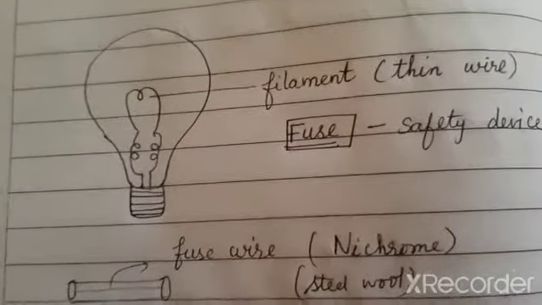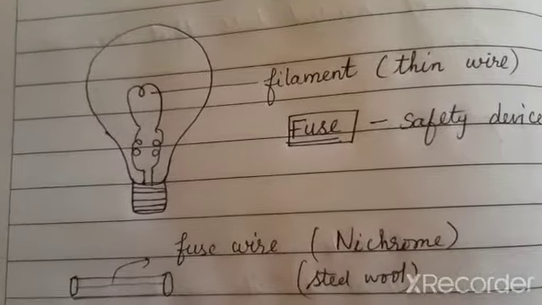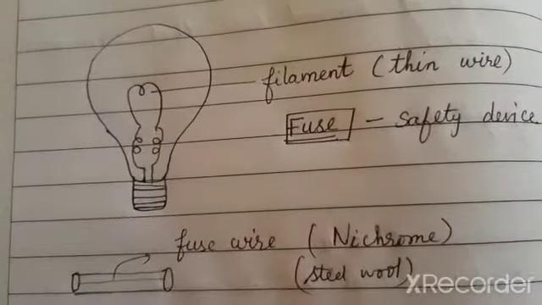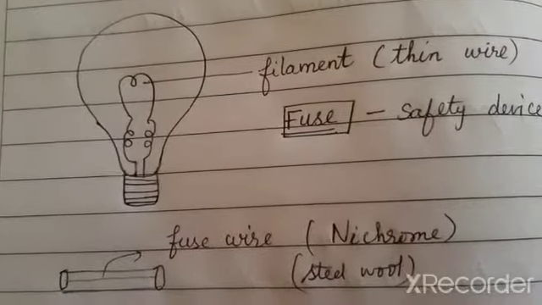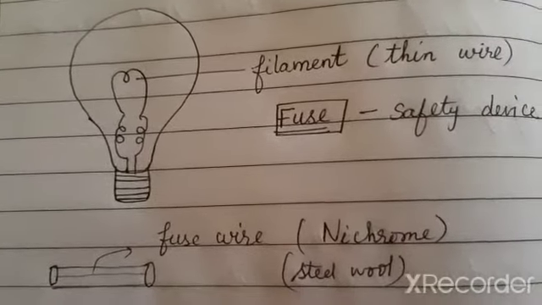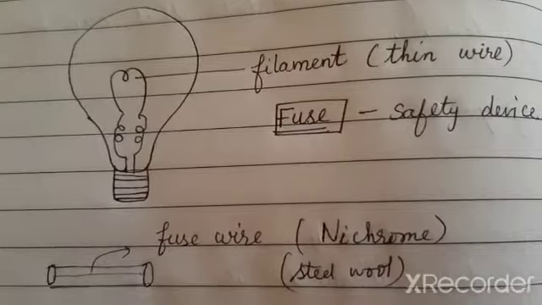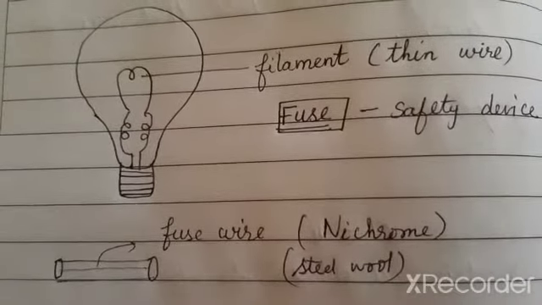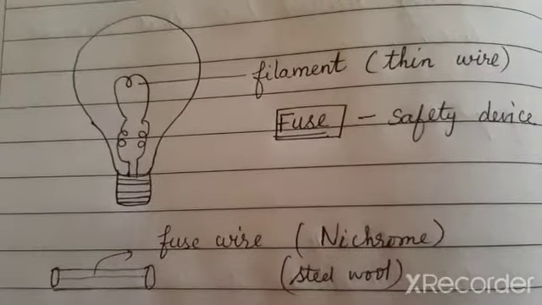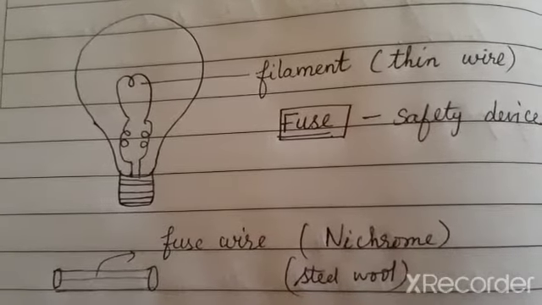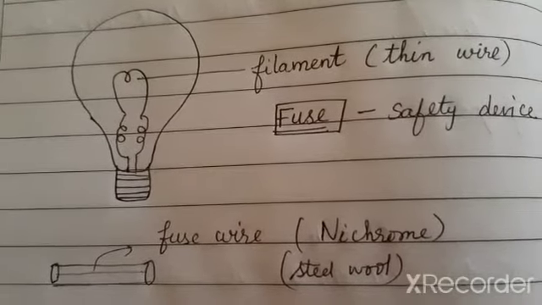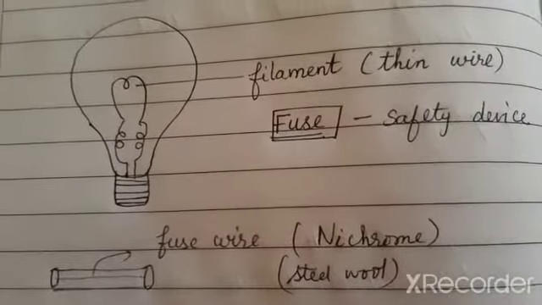If I go touch a bare wire which is just made up of copper, I would get affected by the electricity because human beings are also conductors. Copper wire is also a conductor of electricity, right? Whereas if the copper wire is given an insulation of plastic, I can touch it. It is of no harm to human beings.